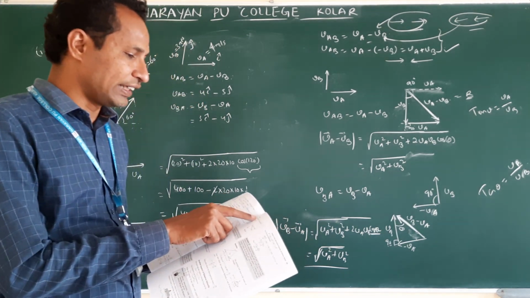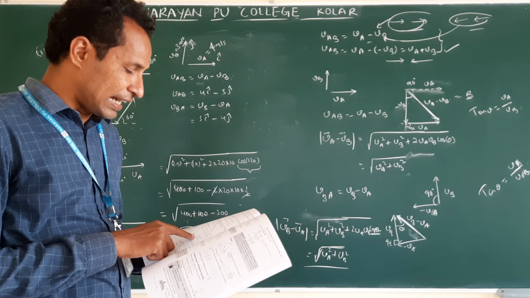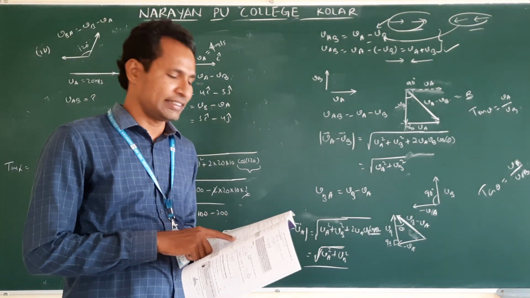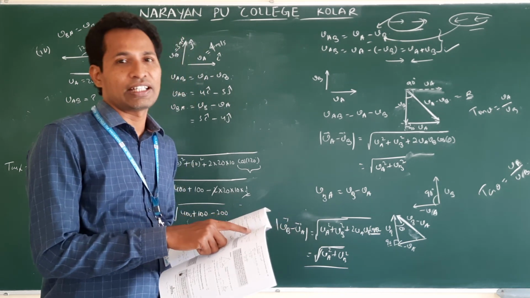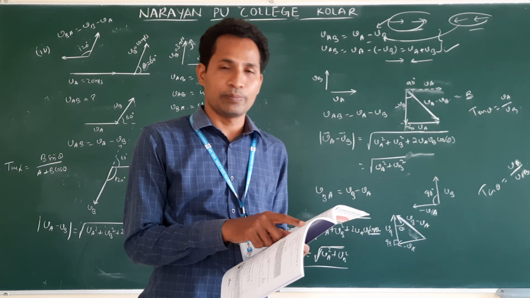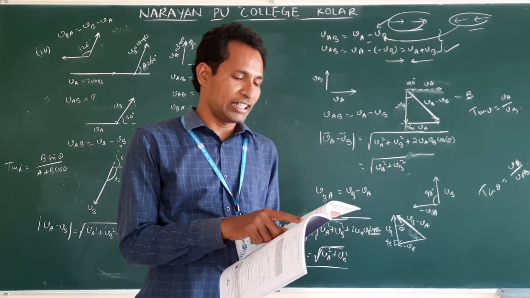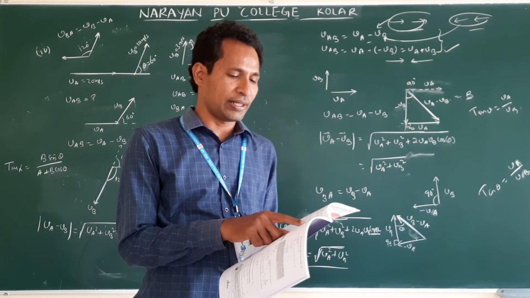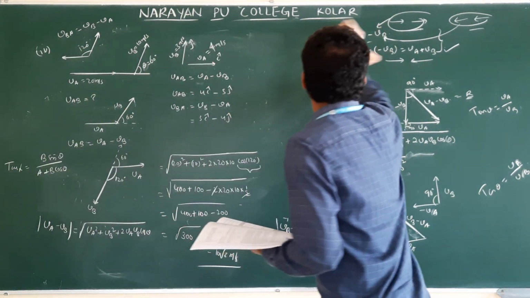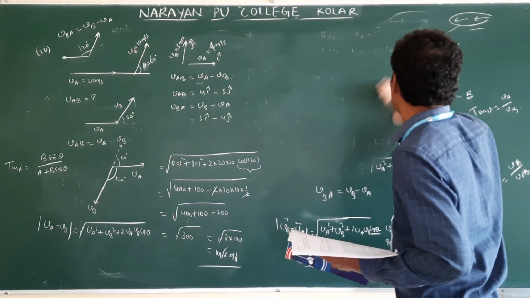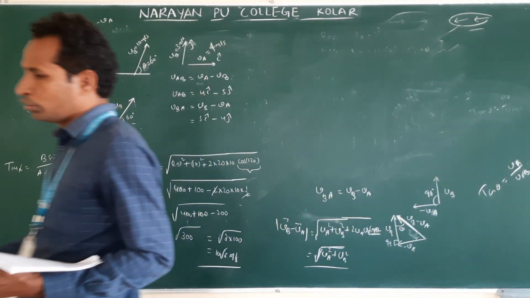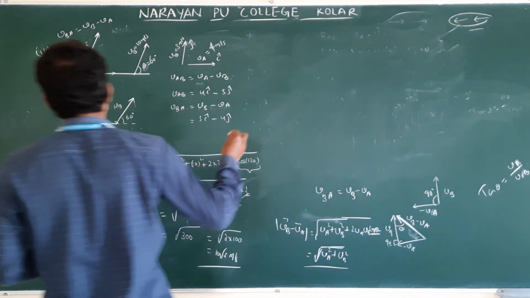See here A is acting along x direction, so they taken 20i, but B is not acting along x and y. They resolve into two components, one along x axis, one along y axis. So B vector we got as 5i cap plus 5 root 3 j cap. Clear? And VA minus VB they done, I will explain on the board. Just vector form.